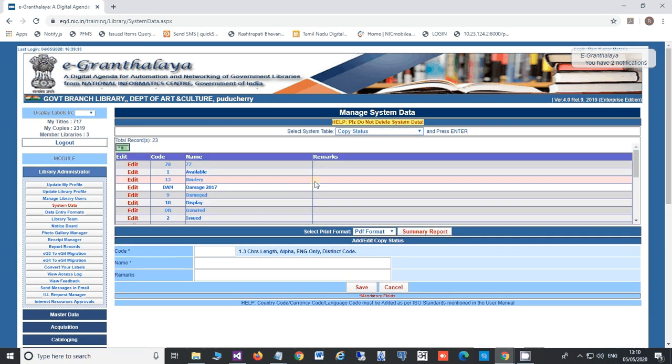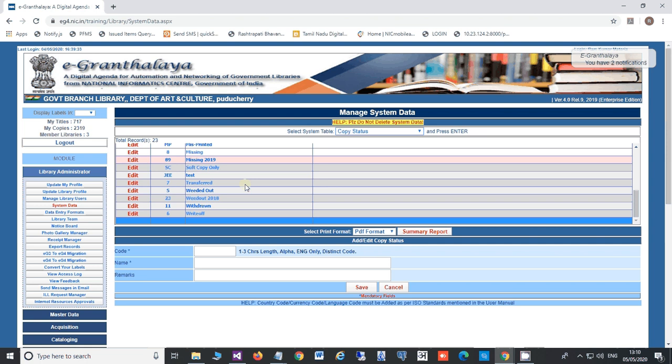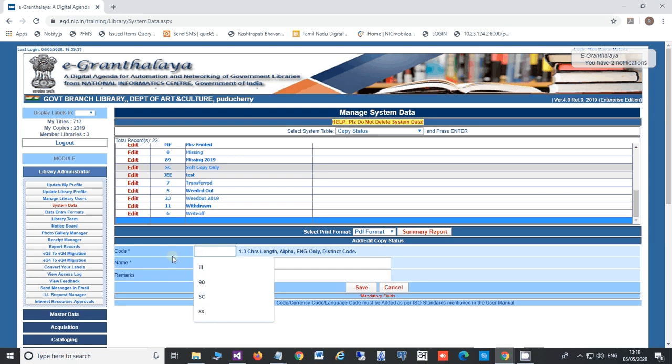Here copy status is there. These statuses are library specific. Every library needs to create their own status by typing a unique code and status number.